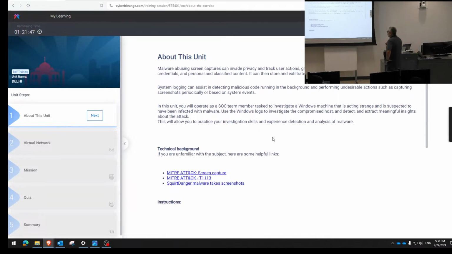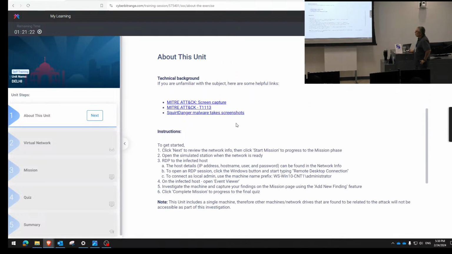It's got some technical background, and I'm showing you this because, again, if you sign up for our level 2 or take our level 3 cyber events, the crisis simulation on the range, it's got some actual knowledge-based links that you can click on to get a little more familiarity with what this type of exploit is and how others are using it. So anyhow, we click on Start Mission, we open the simulated session, and then we'll look